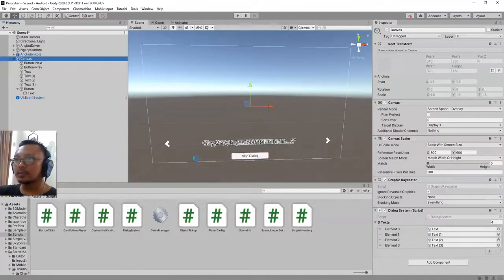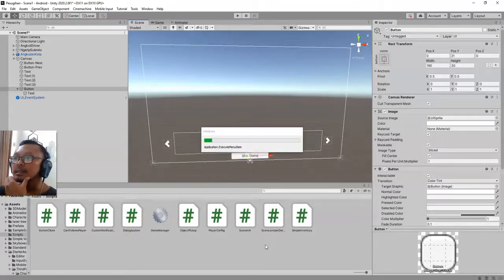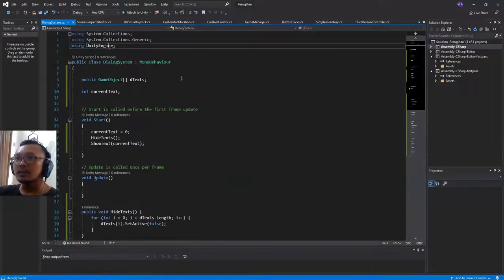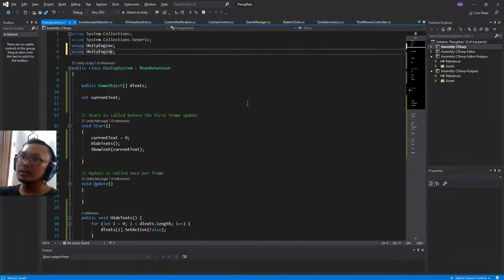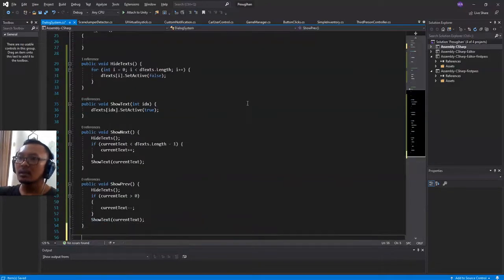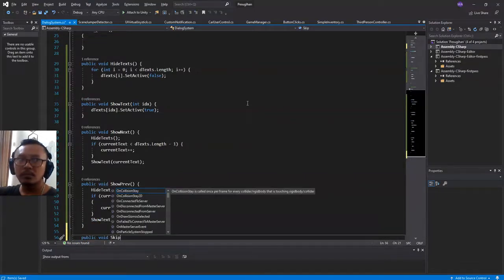And what this button will do is to open the next scene. As usual we will use UnityEngine.SceneManagement and a public void SkipDialog,